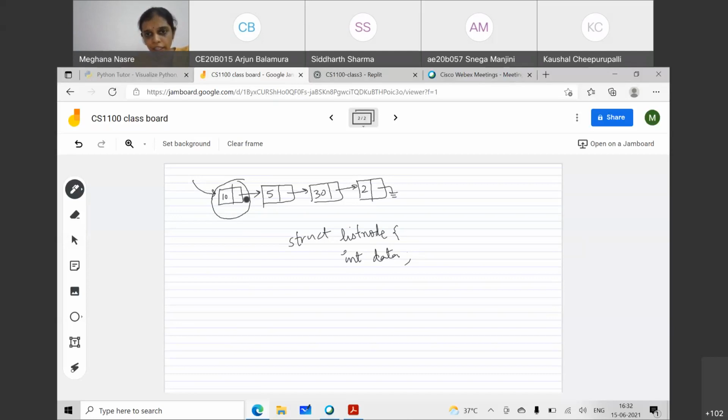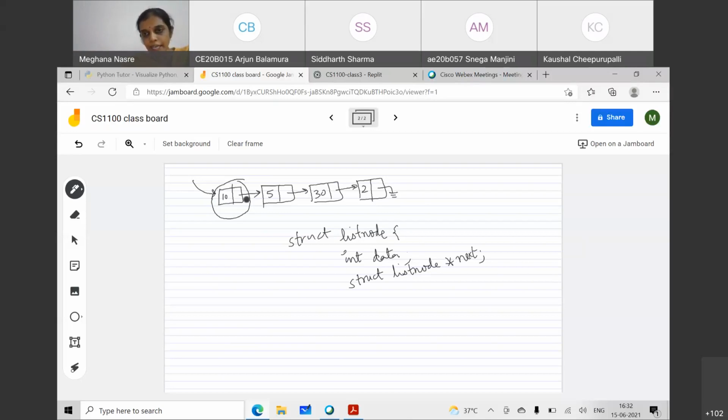If we have called this a list node, then we would like the next, that is this cell, to be pointing to a list node itself. So what we are going to do is struct list node star next. Remember that next is the name of the member.